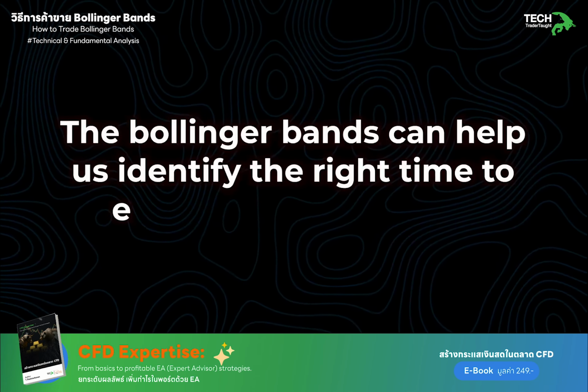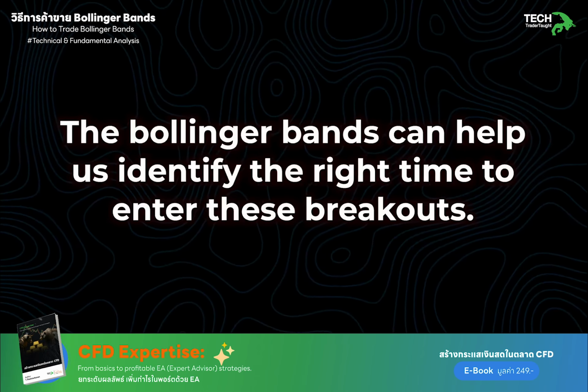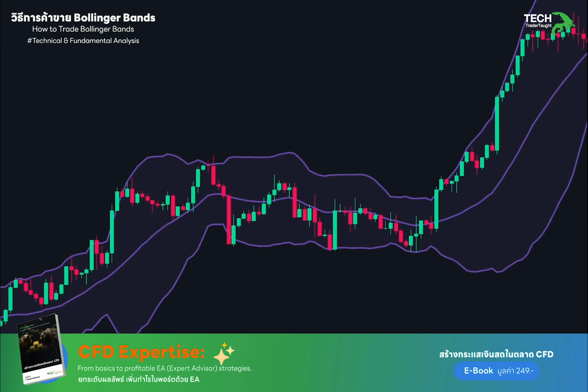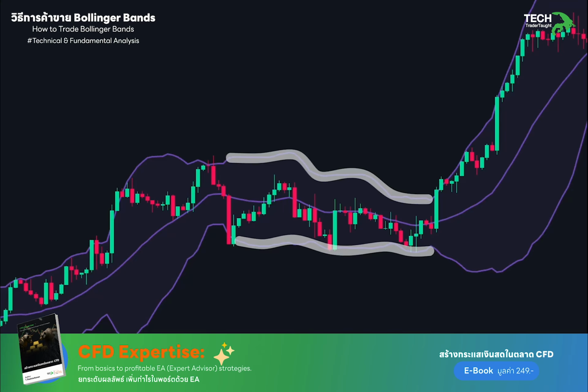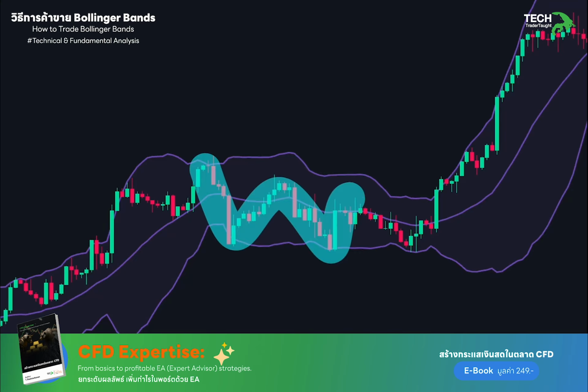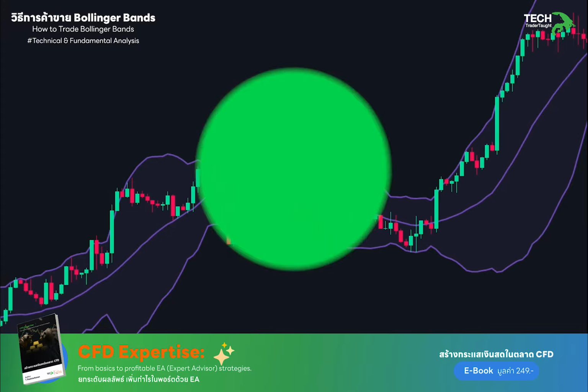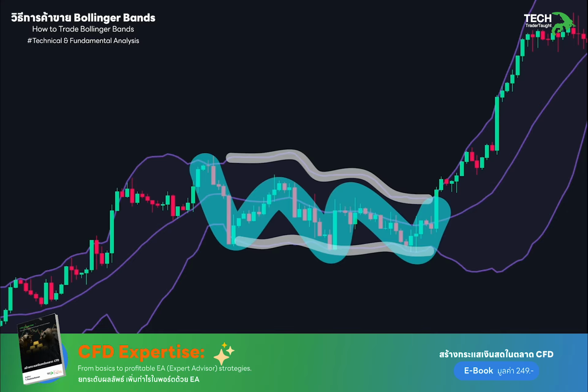The Bollinger Bands can help us identify the right time to enter these breakouts. We first need to identify a sideways market. To do that, we will look for areas on the chart where the Bollinger Bands were relatively narrow. We also want the price to move sideways during that time. Once we identify such a market, we need to ensure that the price has stayed inside the bands for most